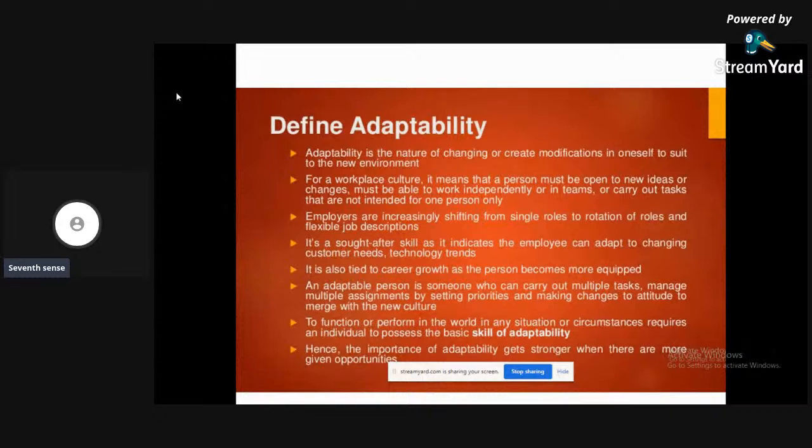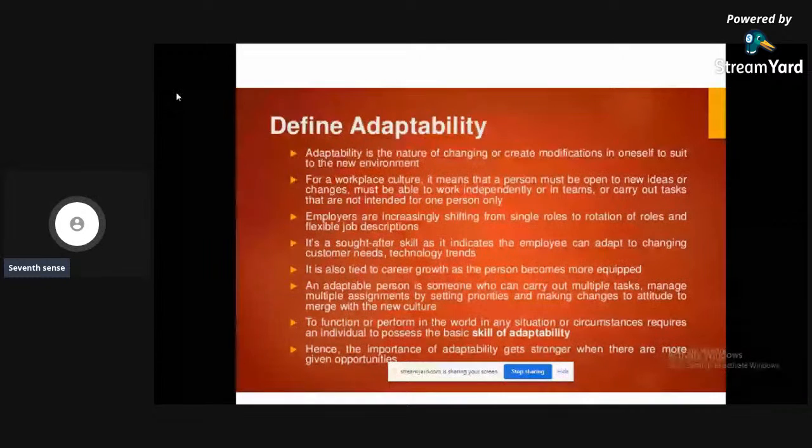Suppose there is a person who is running a company and he has very limited resources. At that time, he'll go for employees who can do multiple tasks, even employees who are less skilled but are ready to adapt to new circumstances and situations.